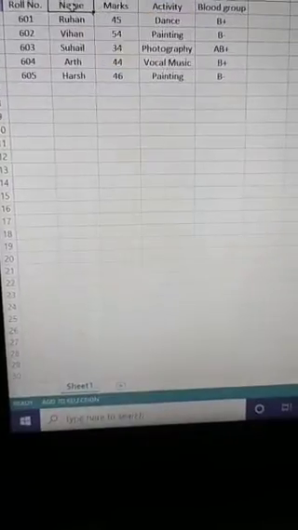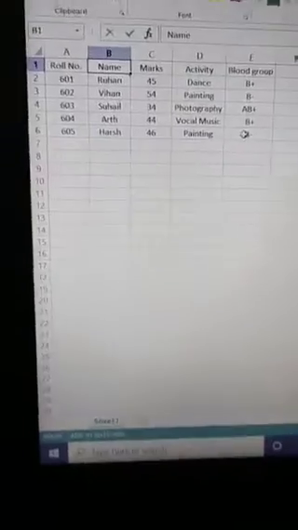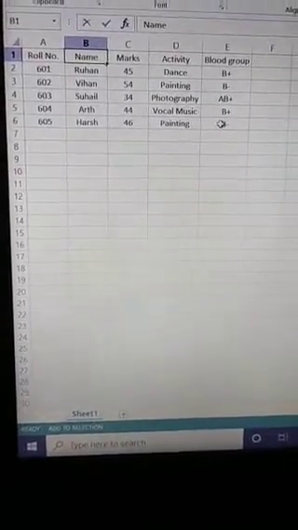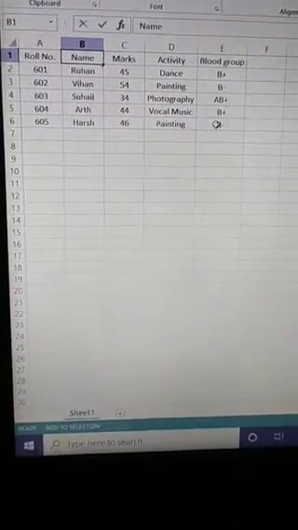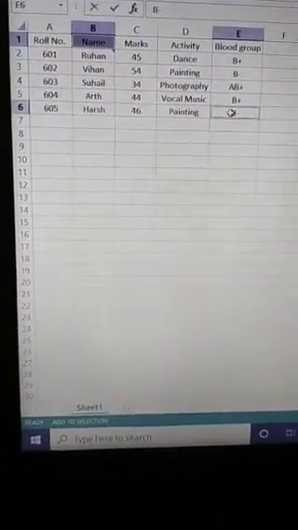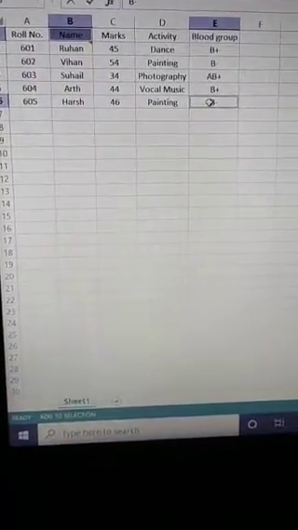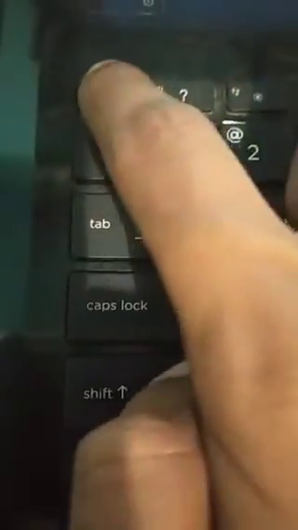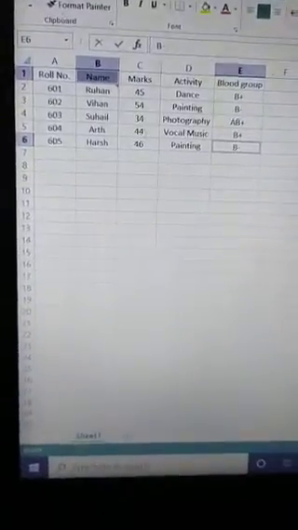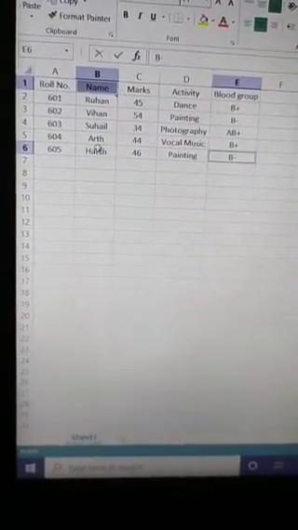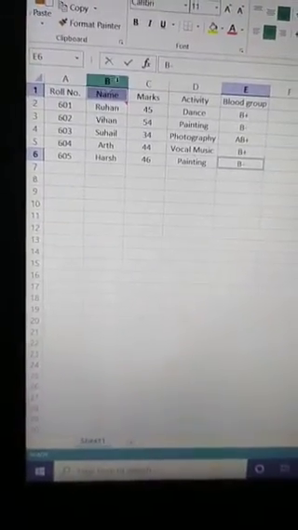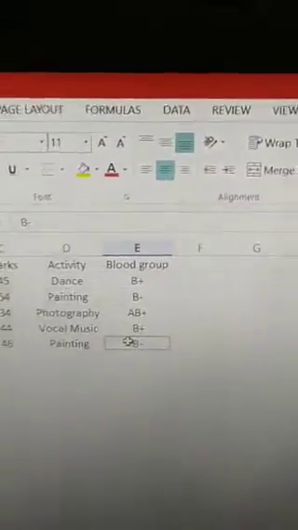So I want to select this range of cells, so I will select the diagonally opposite cell, the last cell of the range. This is the last cell of the range. Now again press F8 or the ESC button. Now this range of cells is selected. You can see this range of cells is selected. So in extended selection mode, we can select a range of cells by this method.